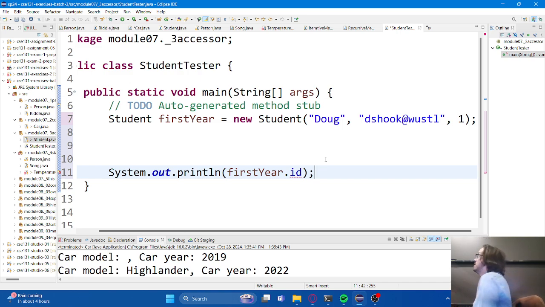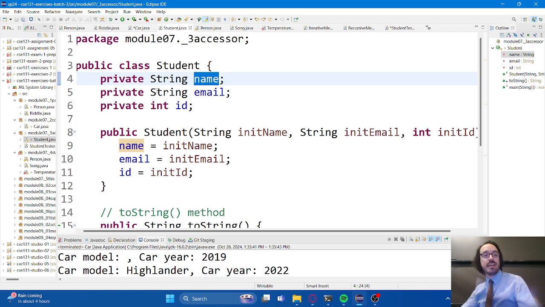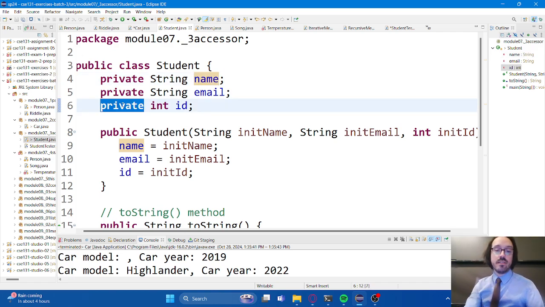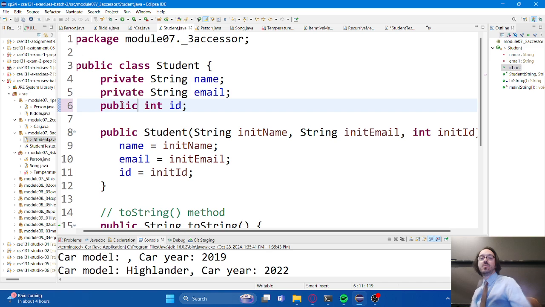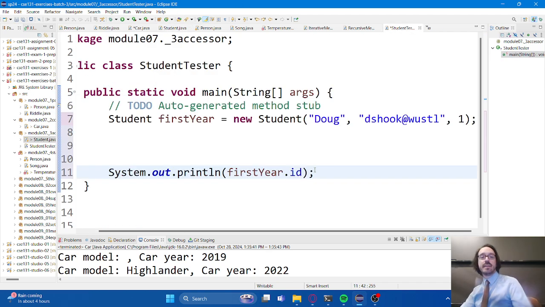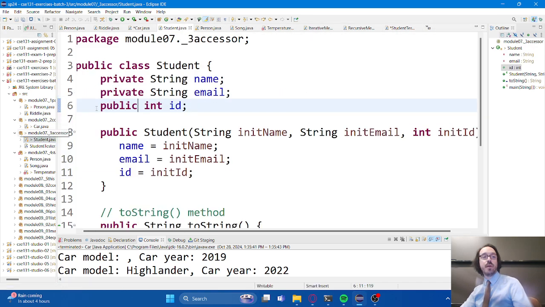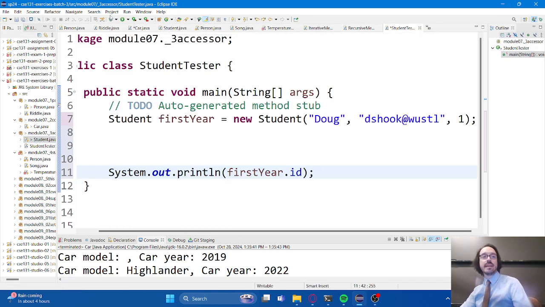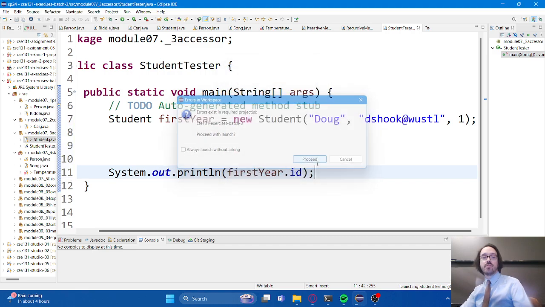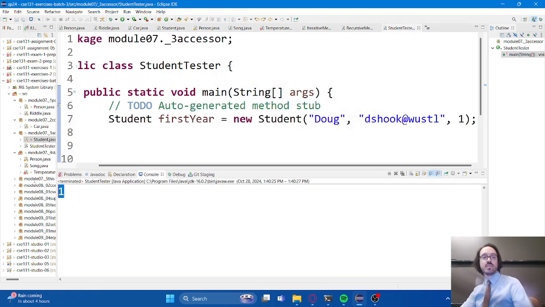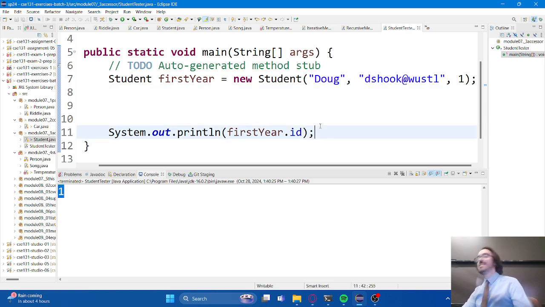So, okay, this is a problem. You might think, well, why don't we just make it public then? That seems like it might move us in the right direction. And that's actually true. It would solve our problem in that I can now print out the ID number. You can see the error went away. As soon as I made that instance variable public, the error went away, and I can actually run this code now. And it'll actually retrieve the ID number that I plugged in for myself, which is 1, and print it out. You might be thinking, okay, that seems like it worked. What's the problem? Why shouldn't we mark instance variables as public?